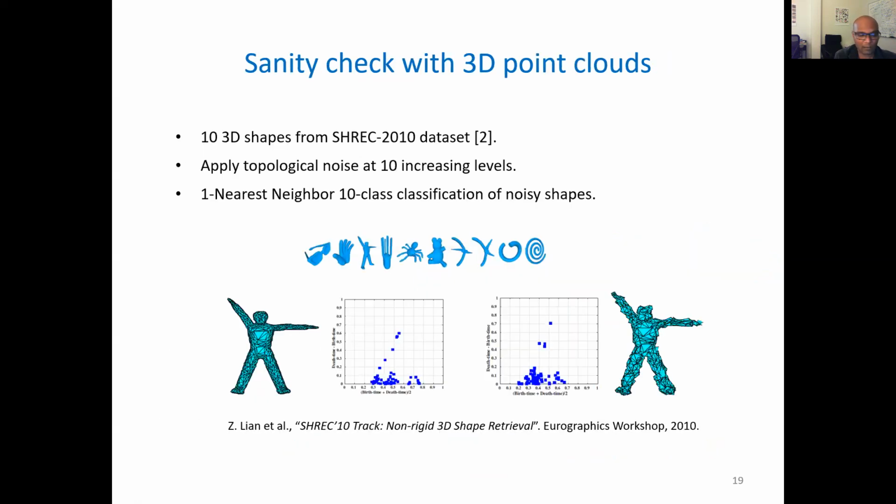Before we show you results, we wanted to do a sanity check that these things actually work okay on carefully constructed data sets like basic 3D shapes before we start doing videos. At the core of what we're doing, even though we're applying all these things to human activities, is really just a new metric on topological persistence diagrams, which is robust to topological noise, to noise in the basic point cloud. It is arrived at through this perturbation process and through collapsing things to a single subspace and then using Grassmannian metrics.